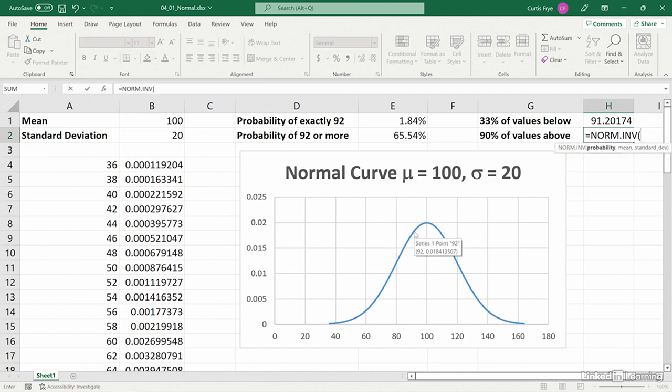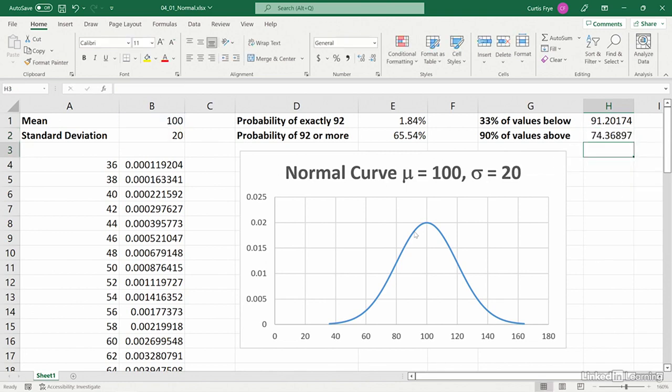The result we would get by typing in 90% would be to return a value that 90% of values are below. So we need to subtract the percentage from 1 as part of the probability calculation. So for the first argument, I'll type 1 minus 90%, then a comma, B1 for the mean, B2 for the standard deviation, right parenthesis and enter, and we get